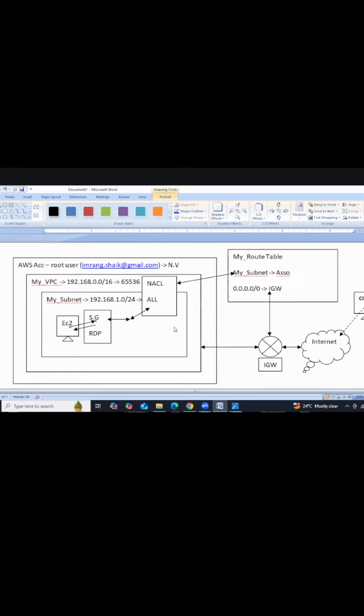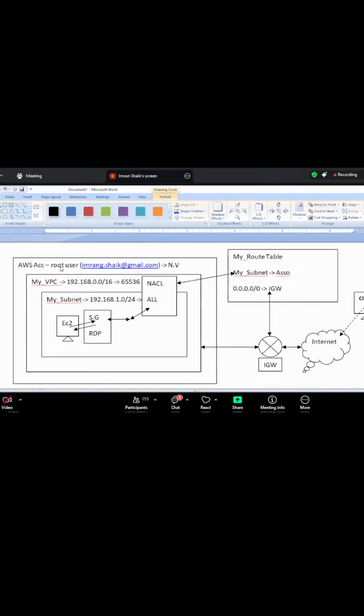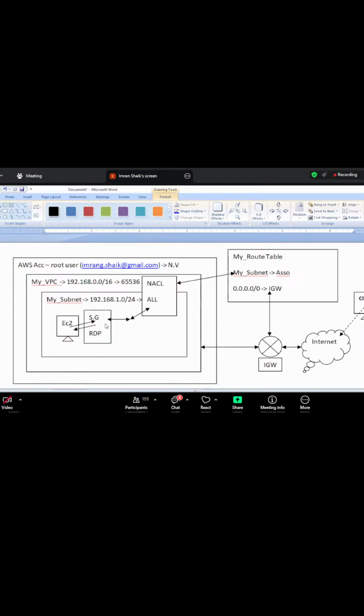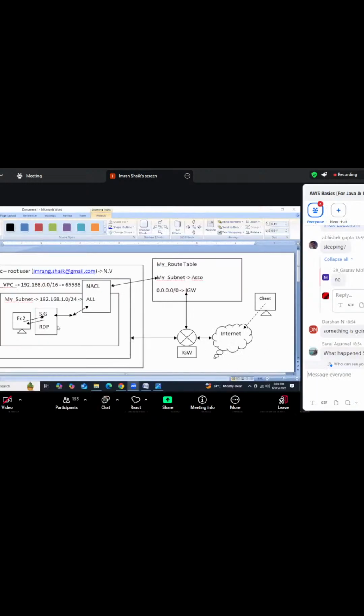Now we'll do one thing according to this diagram. How many steps do we need to follow? First step, log in to your AWS account. Second step, create a VPC: navigate to any region, then create the VPC. Inside the VPC, create a subnet. Then you need to create the IGW. Third step, attach this IGW to the VPC. Fourth step, create the route table and add the entries into it. Then we'll launch one instance. Whether this VPC is working properly or not, we are going to verify practically now. Clear, guys?